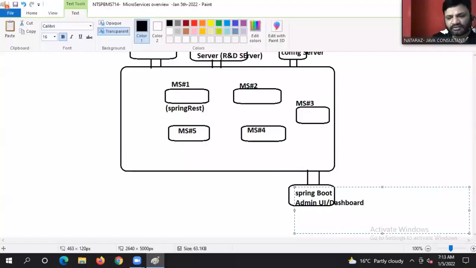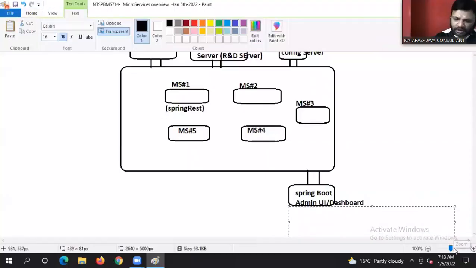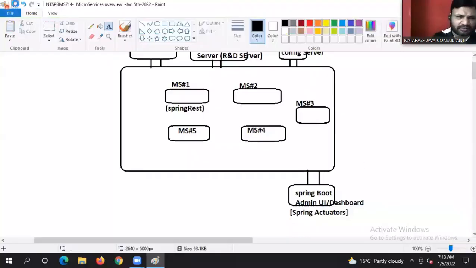Dashboard. Are you listening to my statement, guys? Okay, this will be developed with the support of Spring Boot actuators, guys. Getting my point there or not?